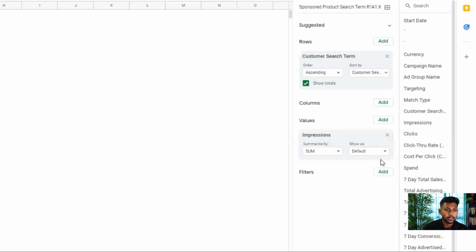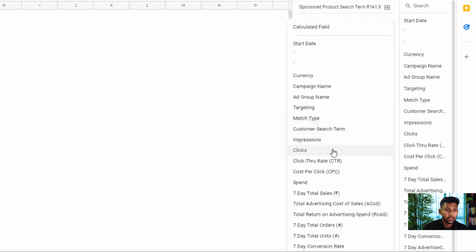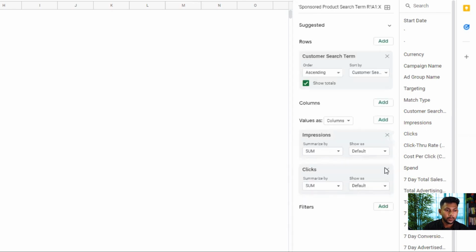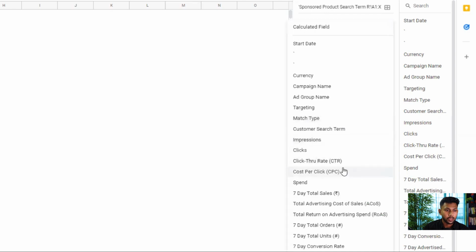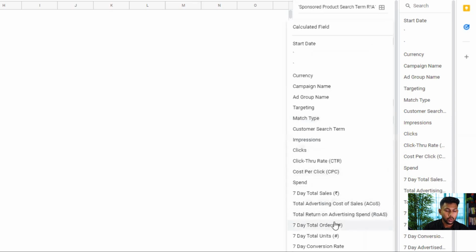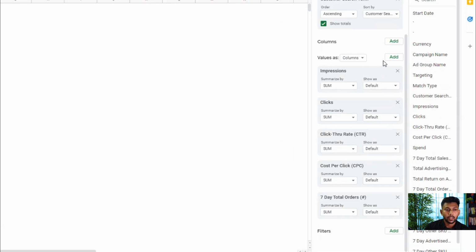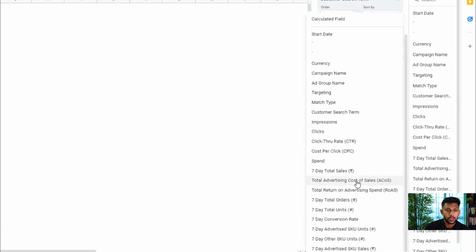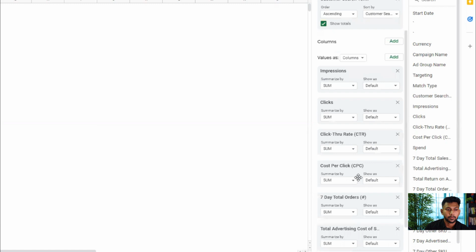Then we are going to add clicks. Then again in the values, click-through rate. Then again we are going to add cost per click. Then we are going to add 7 day total orders. The next thing you need is ACoS. Okay, let's add ACoS here.